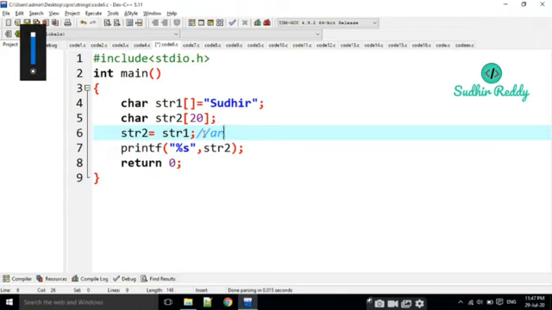For example, a is equal to 5, then b is equal to a, then b becomes 5 also, right? But it does not happen in arrays and strings. Why? Because these are continuous values. If they are continuous values, we cannot assign directly. We can assign character by character.